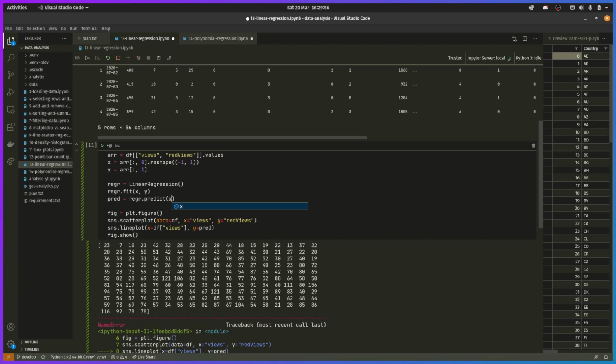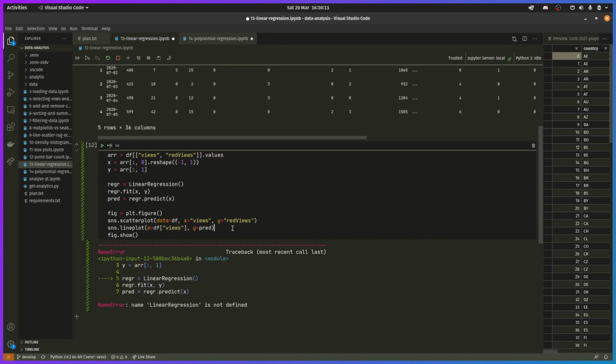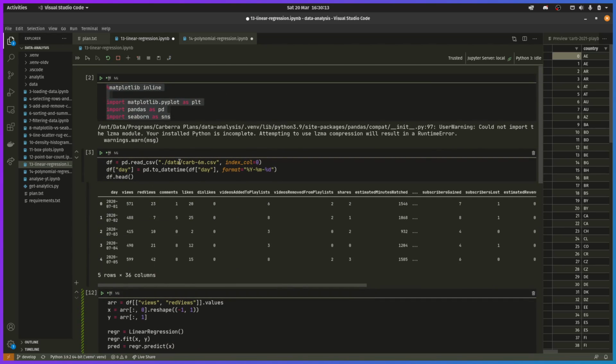Oh my goodness, this is going to take a long time to find where to plot this thing. I guess it would be that, wouldn't it? Linear regression is not defined. Oh yeah, I need to import it. So it'd be